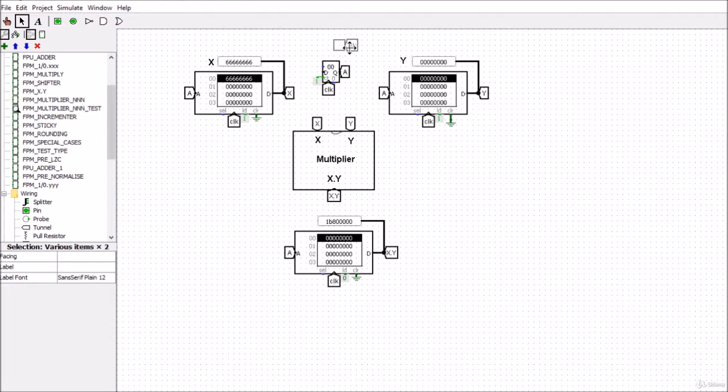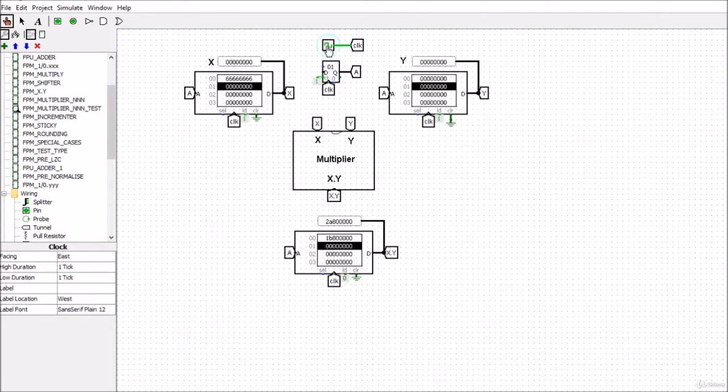So this is a clock here, and I've just got the tunnel towards the clock. And the output of this here is the counting output. So as this counts up, it's going to work its way through these values. So you can see that here. If I pulse the clock, you'll see it jump into the next one,